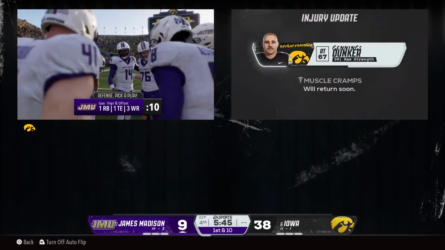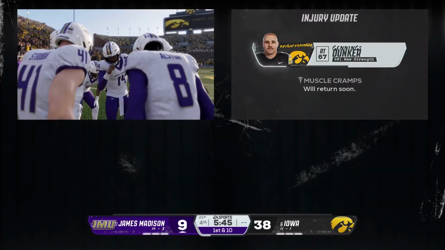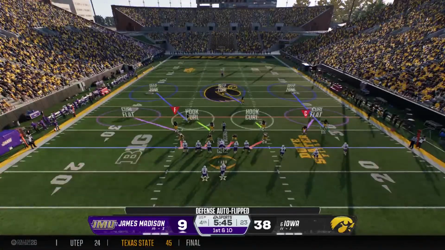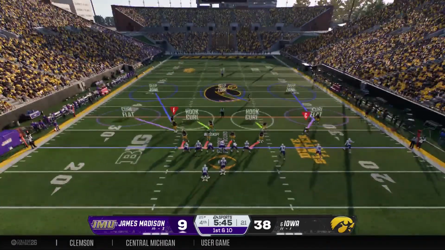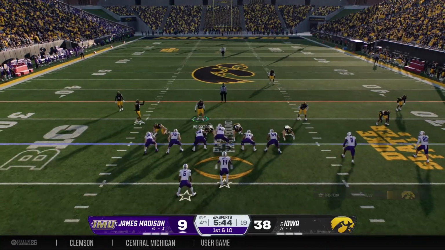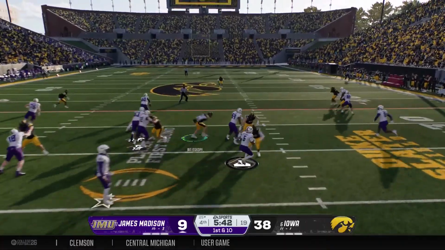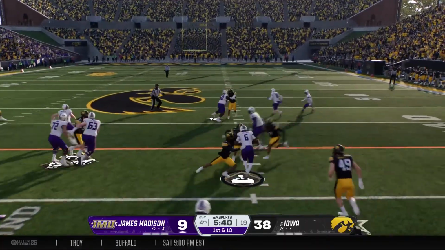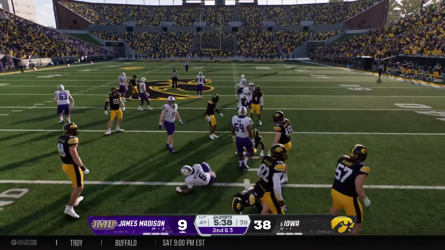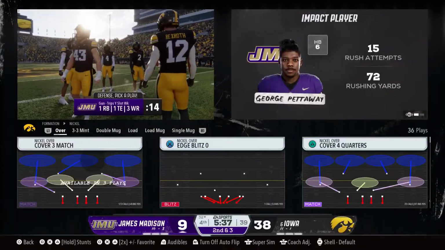Here comes the Duke's offense back on the field now. Last possession produced a field goal. No doubt they're thinking touchdown this time. And the first play of the drive now from the 25. The shotgun running play call. And the broken tackle there produces a solid gain.